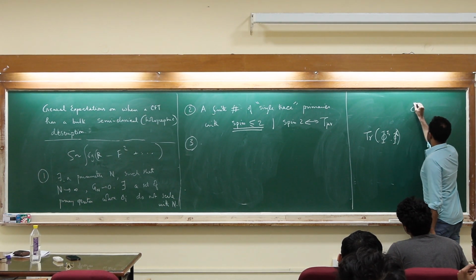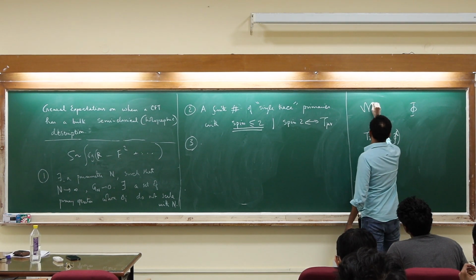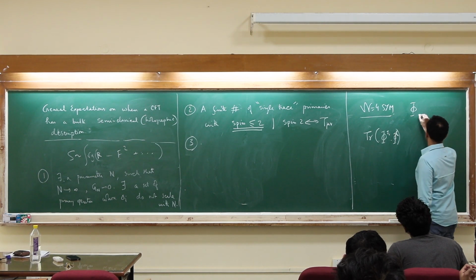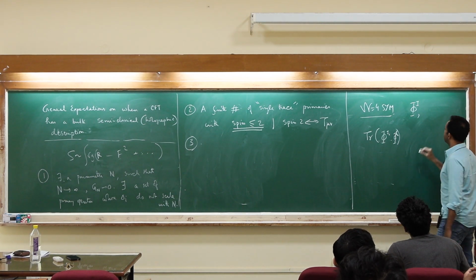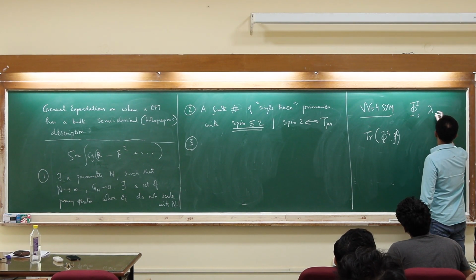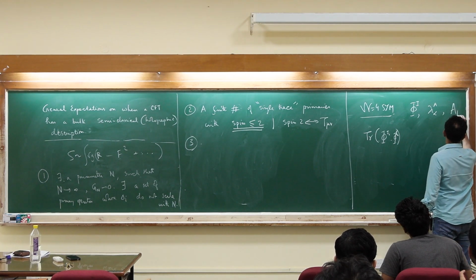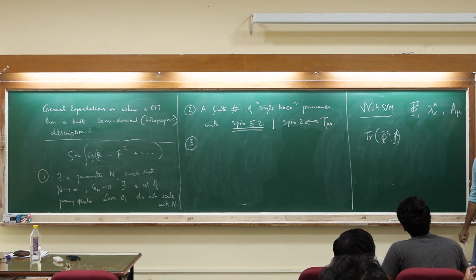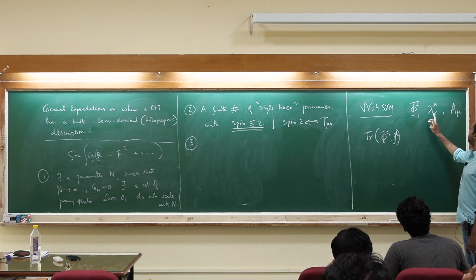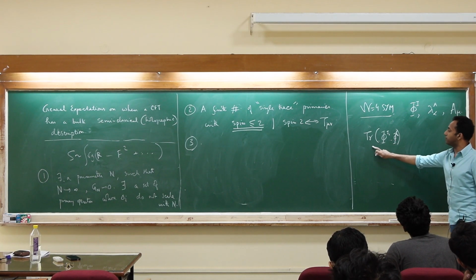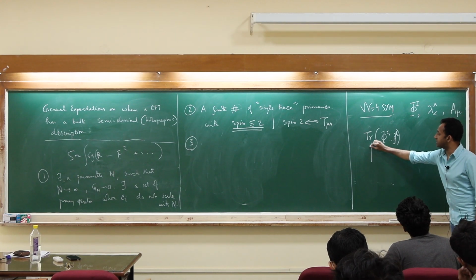Okay, so the N=4 super Yang-Mills theory. Let me just write a few things. It contains 6 real scalars and some complex fermions. Let me call it alpha, like this I write it, and then there is a gauge field A_mu. Okay, so these are the fields in the theory. Let's say you write down a gauge invariant operator of this form. This is by construction gauge invariant.